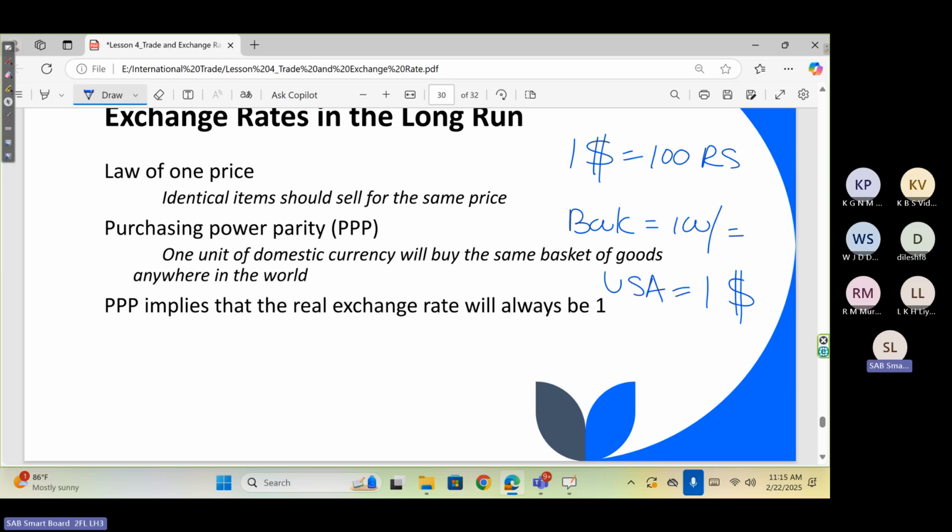The other one is purchasing power parity, PPP. Purchasing power parity. If the purchasing power parity is there,